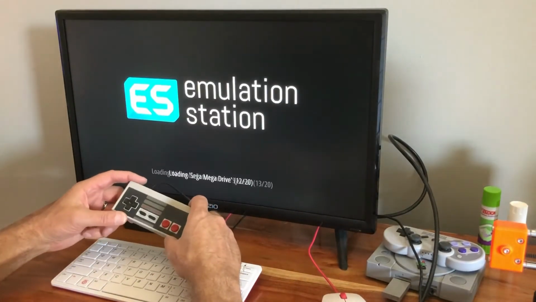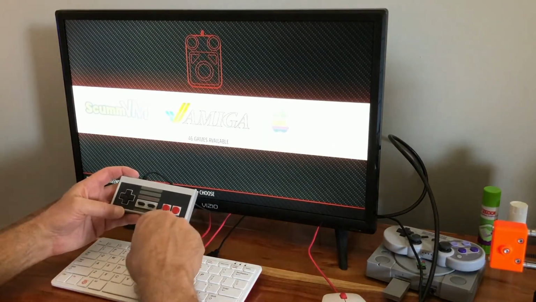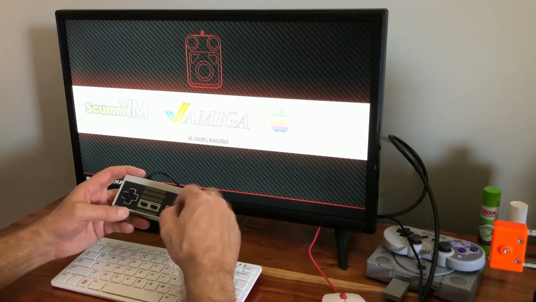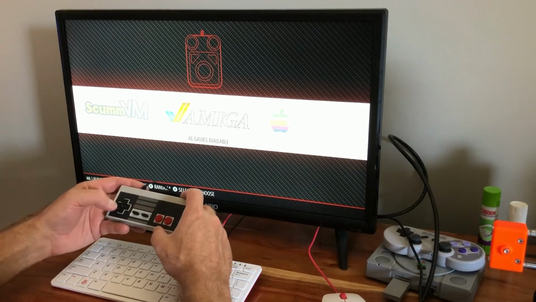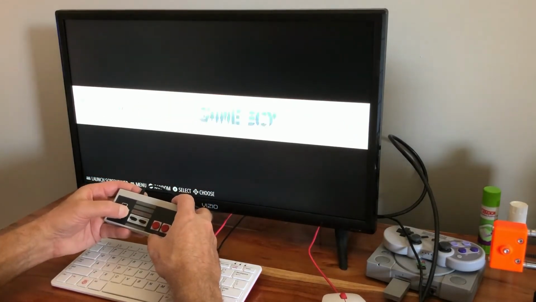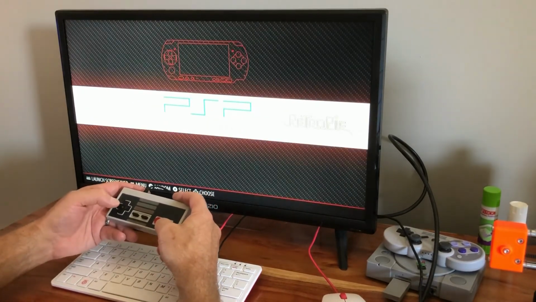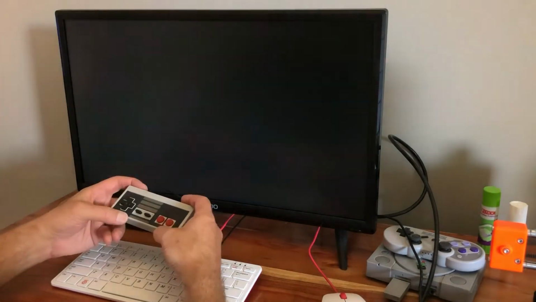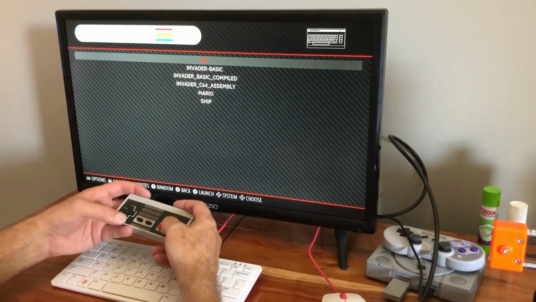And I have set up some emulators on here, but all the emulators that I set up work with a simple D-pad 2-button joystick. So there's RetroPie on a Raspberry Pi, which is capable of quite a bit more emulators than what you're seeing here, but I kind of kept them simple. So we're going to take a look at the Commodore 64, and we're going to go back down here to program again, and my work, and we're going to look at